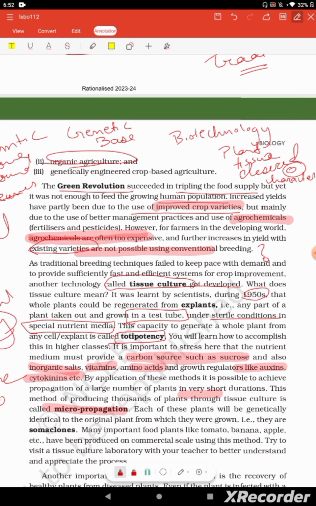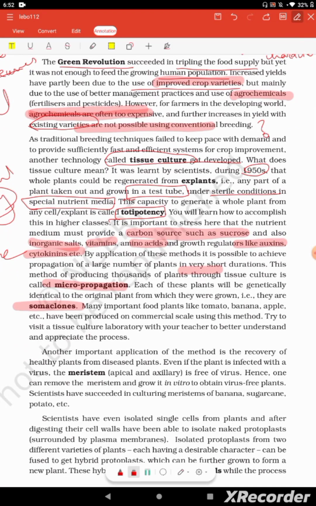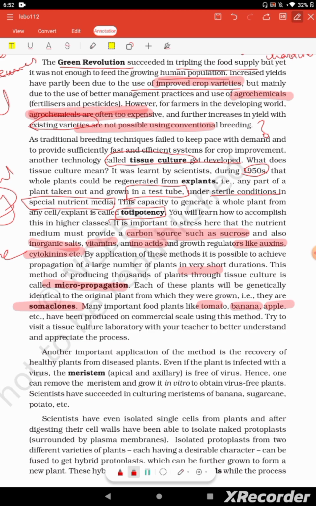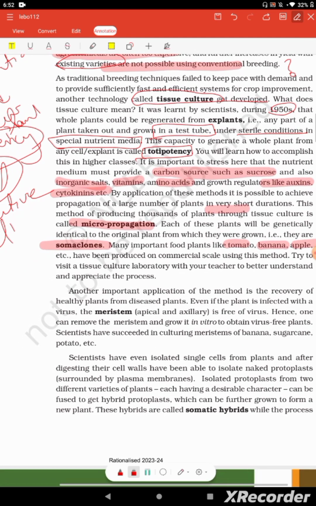That is known as somaclones. Now what are somaclones? Somaclones are the production of genetically identical plants from the explant. There is no kind of genetic variation in it. Its application has been seen also in the production of various plants like tomato, banana, apple at a commercial level. Now, how is tissue culture performed in the laboratory? For that we have certain steps. First,